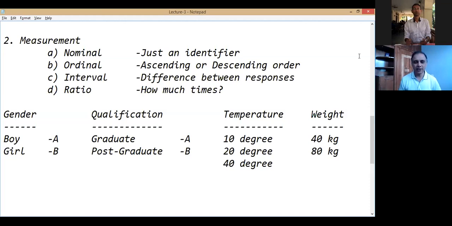So experience, your qualification, your income, they are ordinal. I hope you understand why they are ordinal, because we can compare them. We can say this is less, this is more. If you can't compare them, then it will be nominal. Which brand of laptop you have? It can be Dell or HP or iPad. So it is simply nominal. If I ask for the price of your laptop, it can be ordinal.